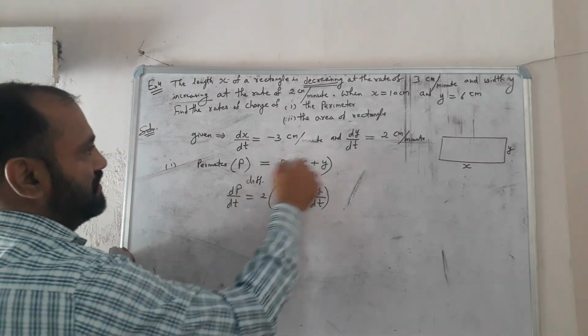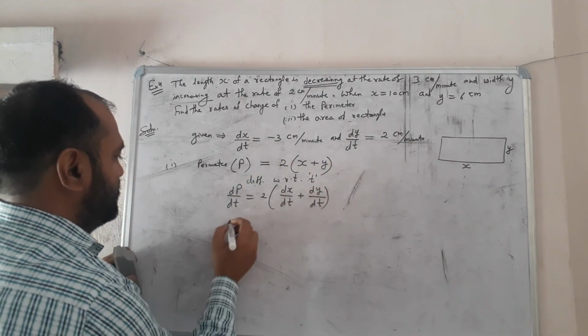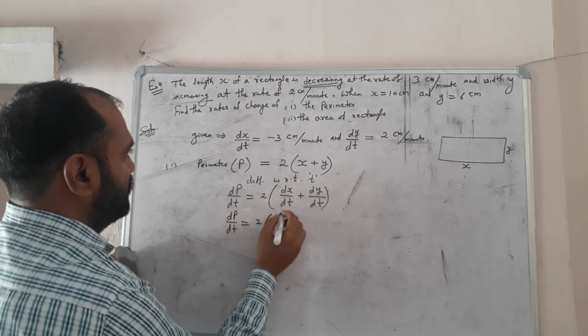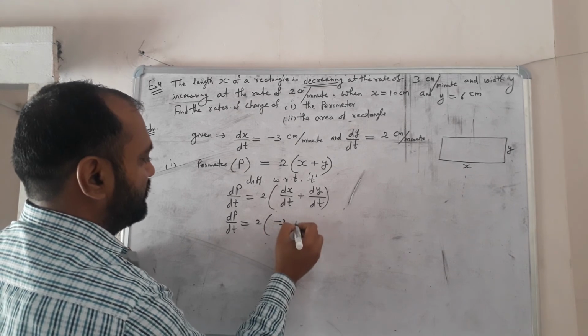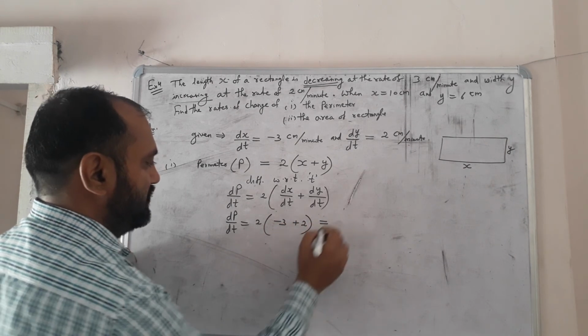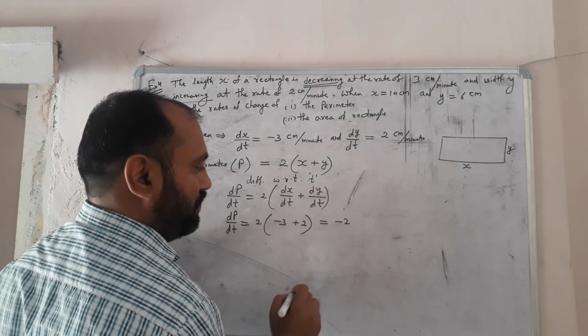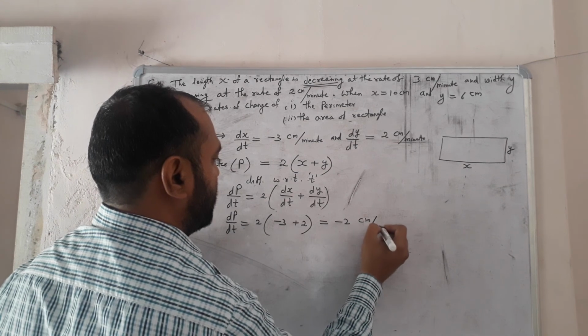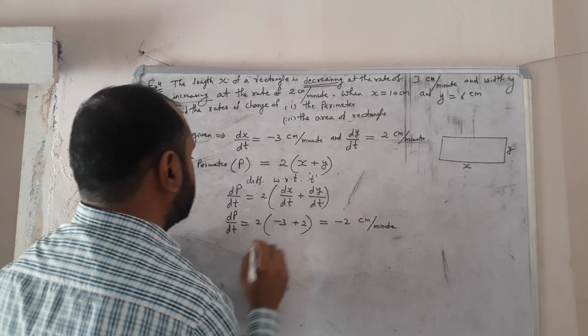Now the values are given, so when you put these values, we have 2 into, it is -3, this is +2, so its answer is -2 centimeter per minute. It means जो आपका पेरीमीटर